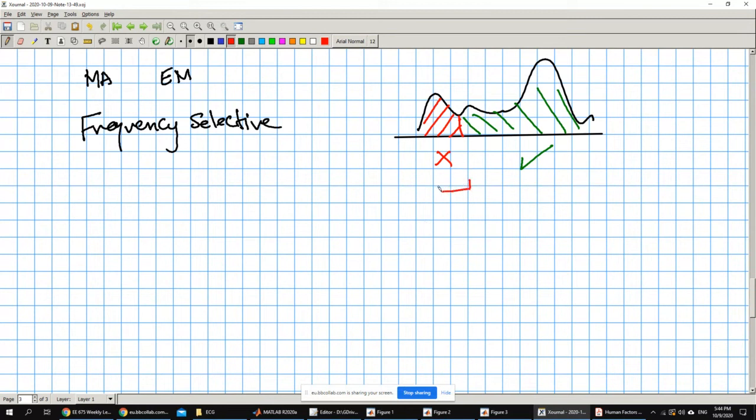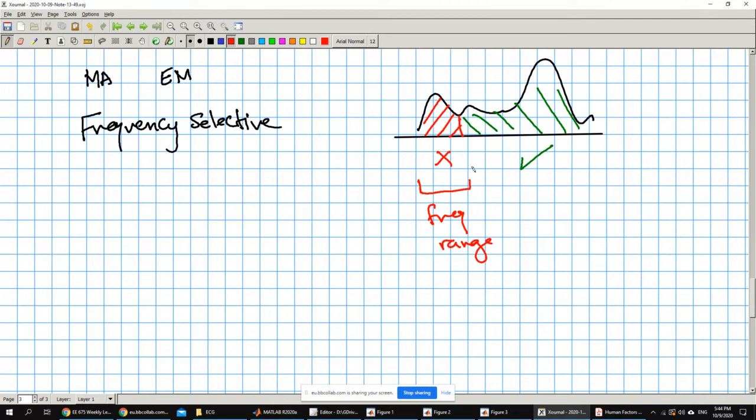Each one of them is defined by a certain frequency range. This frequency range can be to the left, to the right, in the middle of the signal, it doesn't matter, but it's a particular frequency range. Okay, and we choose high pass, band pass, band stop, whatever, but it has to have a certain frequency